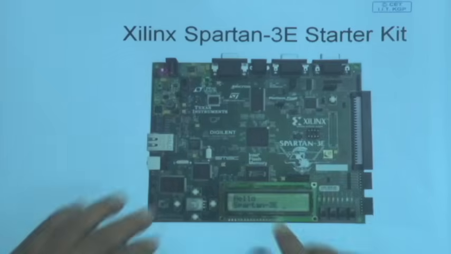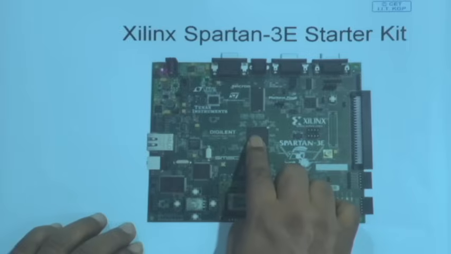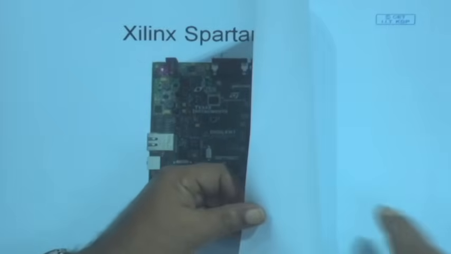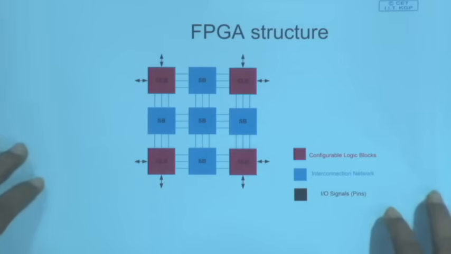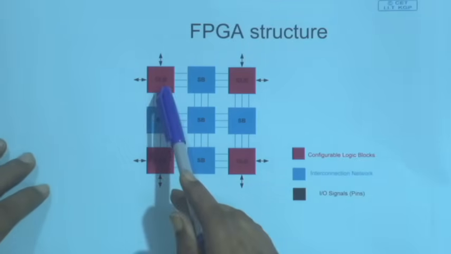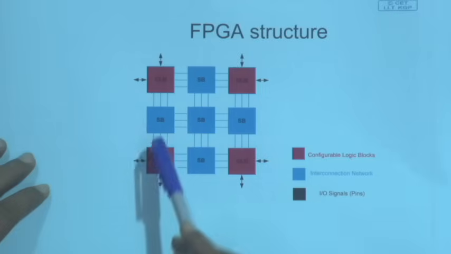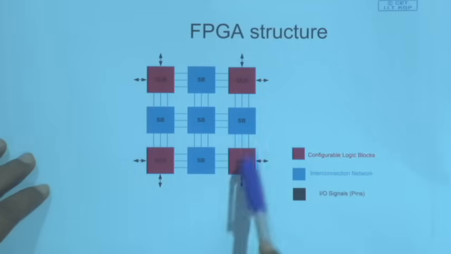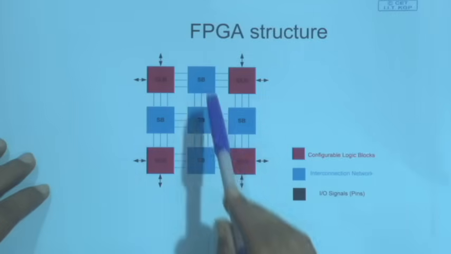Now, let us start our journey. Here is the FPGA. Now, what is there inside it? Now, depending on the complexity of the FPGAs, the inside will vary, but a typical FPGA structure is as shown here. The red ones are the configurable logic blocks. So, here I am showing 4 configurable logic blocks, and